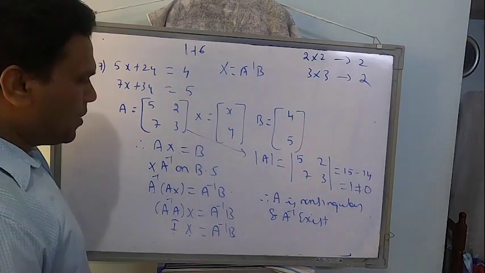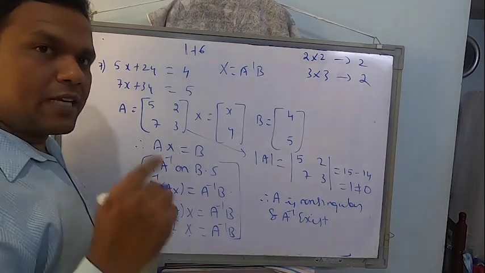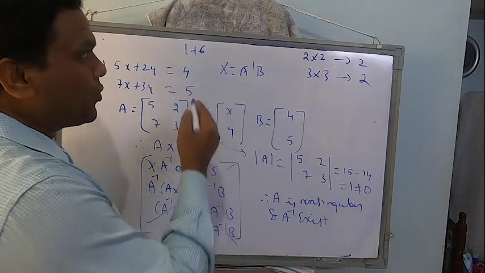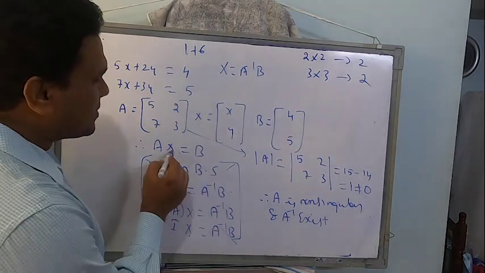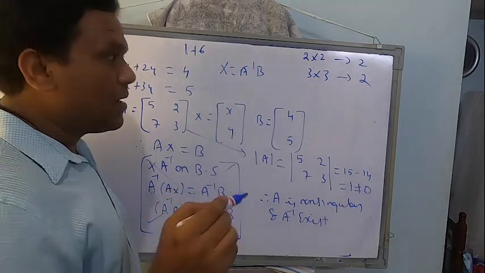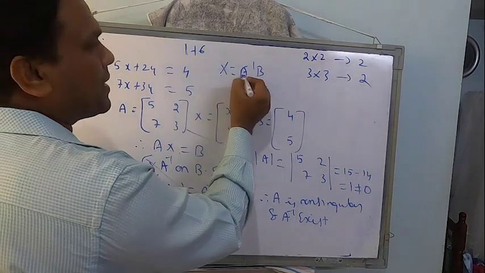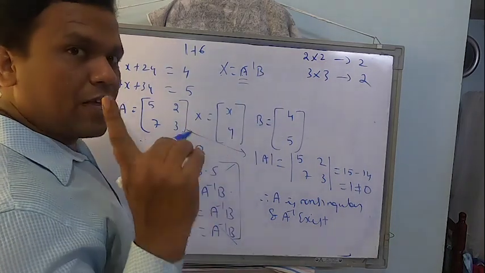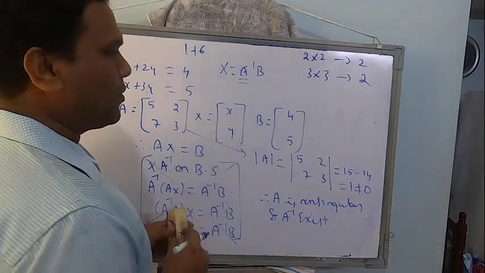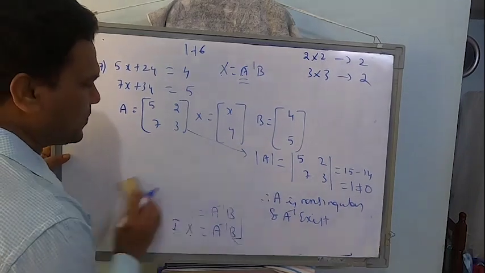Students, whatever I have written here is only for the first problem. From the next problem onwards, there is no need to write this procedure. I am telling you, sometimes if I say Ax equal to B, therefore x equal to A, so shifting A will become A inverse, that is wrong, it's a wrong statement. How did you get A inverse? Because of this procedure. So finally x can be written as A inverse multiplied by B. So what should I find first? Find A inverse and then come to this equation.